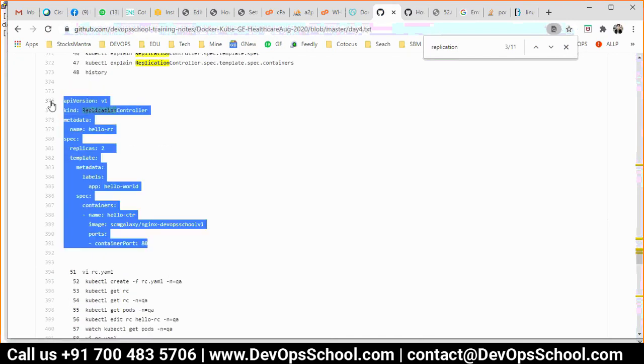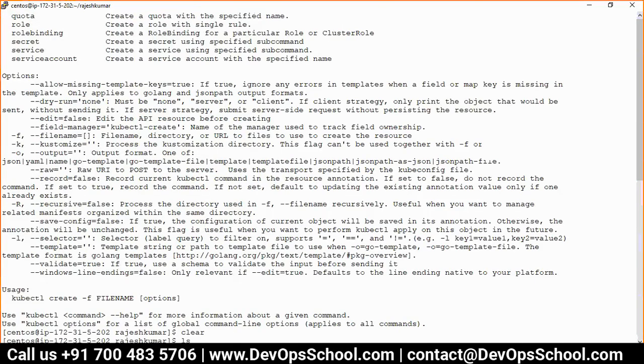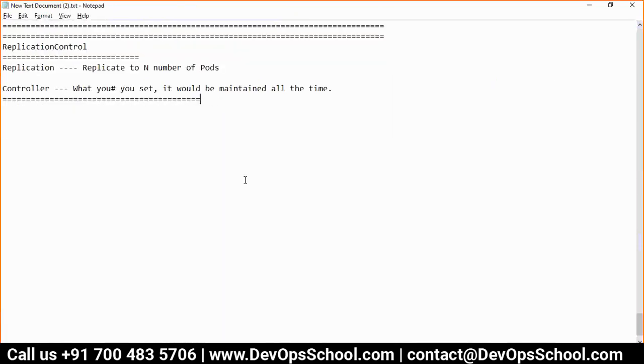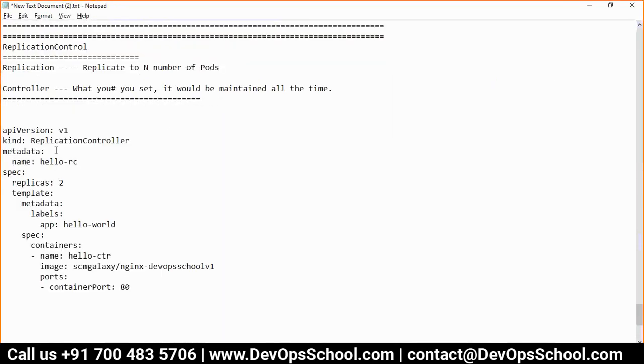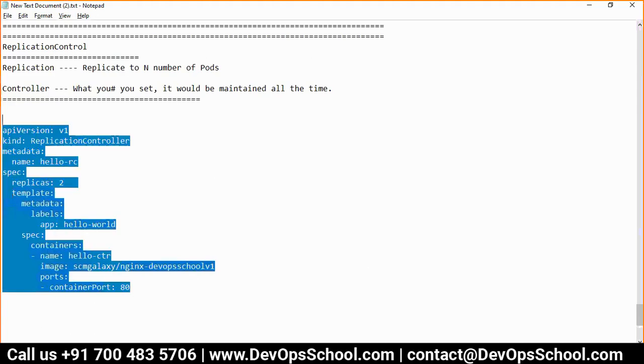Here is the sample replication controller. See here: replication controller v1, name of the replication controller, how many pods you want, replicas 2, and the pod template has a specification with containers. This is my image, Nginx only, just change the index for testing. That's all. How many do you want? 2. So let's go ahead and create it.